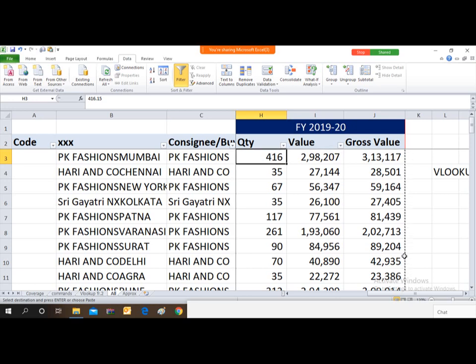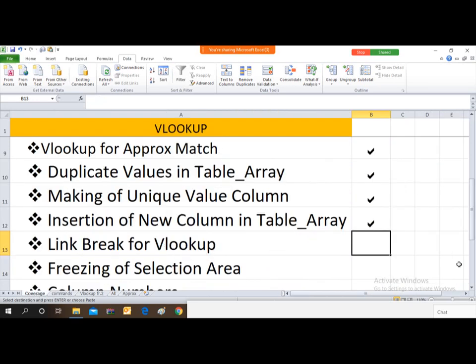use the paste special function if there are multiple filter buttons already there. You have many rows filtered over there. If you want to use the paste special function, you will not be able to use it. In that scenario, it will be better to use the Break Edit Link. So friends, hope this is also clear to you.